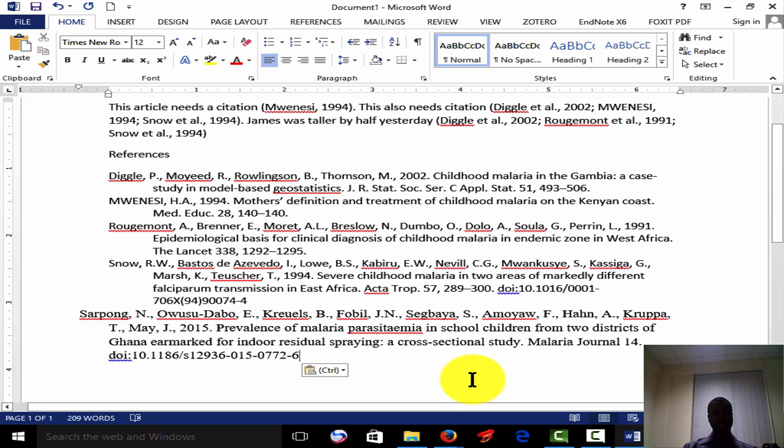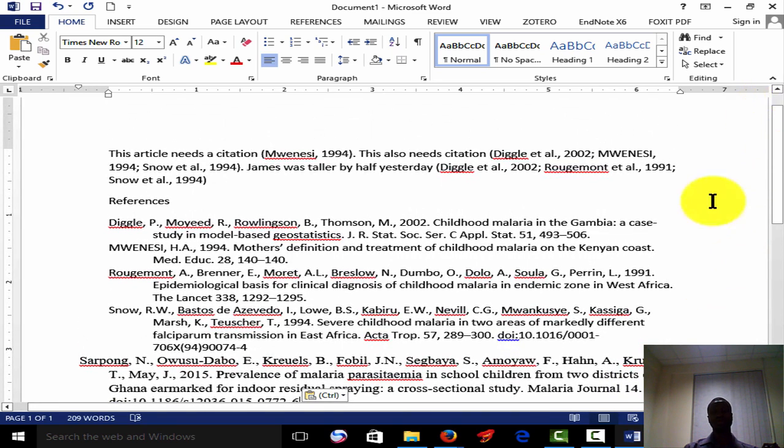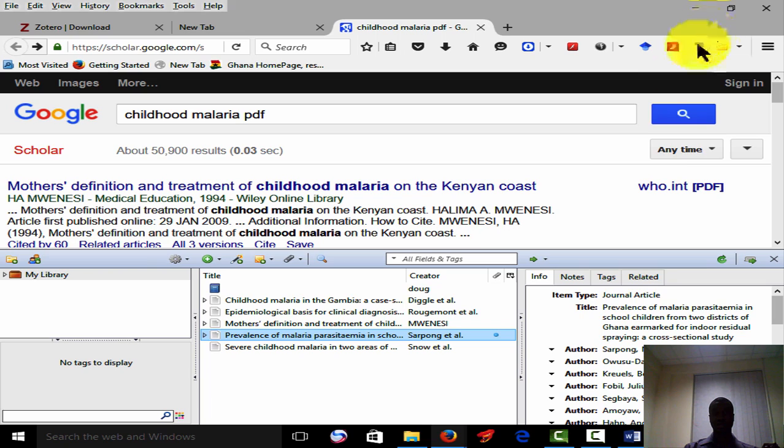So so far this is what we've come to with Zotero, but then there are other things that Zotero can also do. Apart from just journals, books, and what have you, you can also save videos, or even save pictures, that you may want to also cite in your work. Okay, so when you go to Zotero,